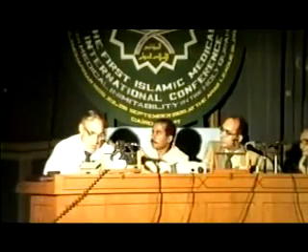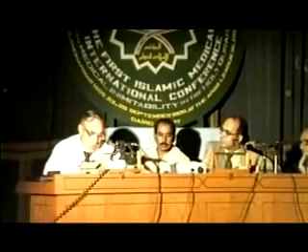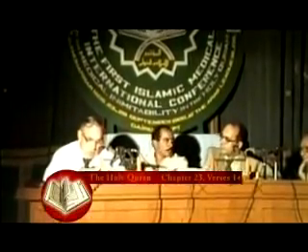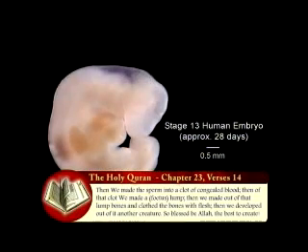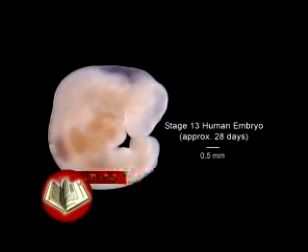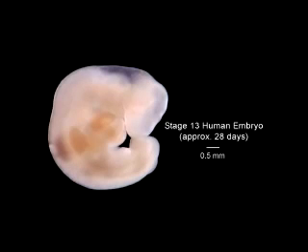This is the mudga stage, from Surah Al-Mu'minun, Ayah 1 to 14, and I repeated that before. Then we created the drop into a leech-like structure. Then of that leech-like structure, we made a chewed-like substance, which you can see here, and begins during the 6th week. Next stage is